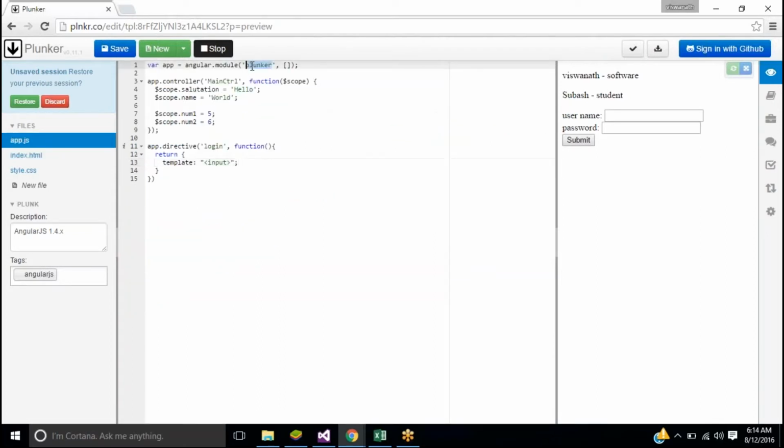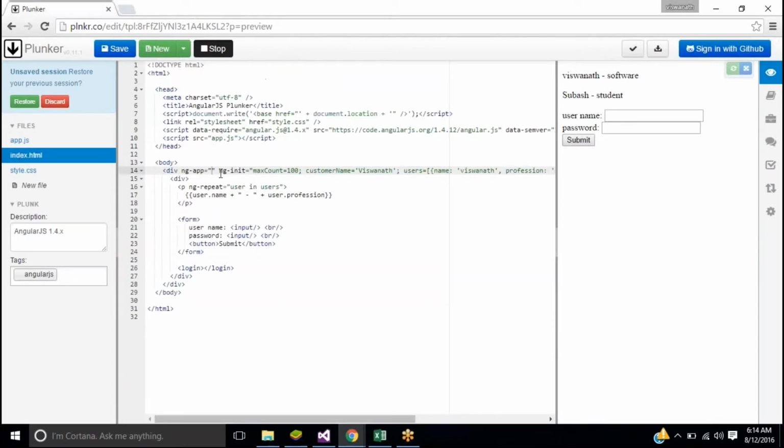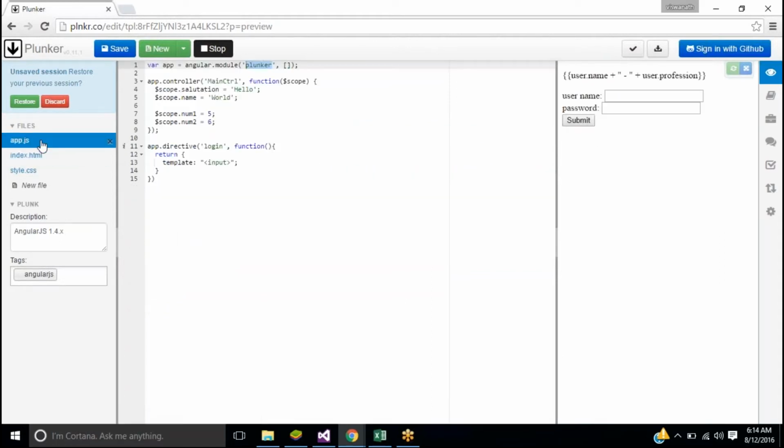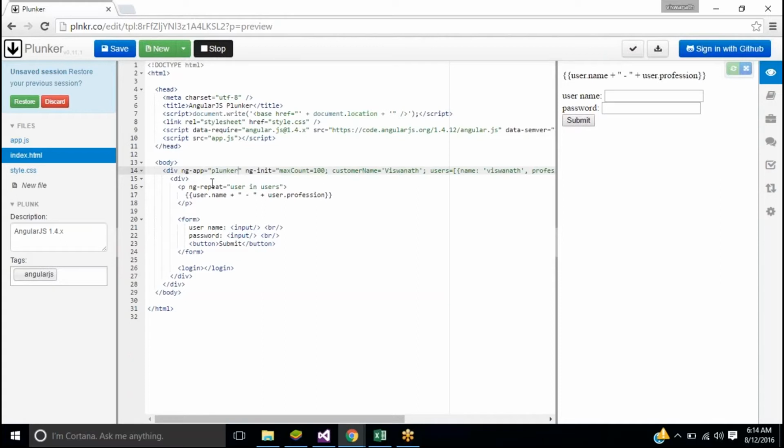So my name is Plankar. So let's get back to our normal mode of using ng-app Plankar, and I'll say it's main controller.